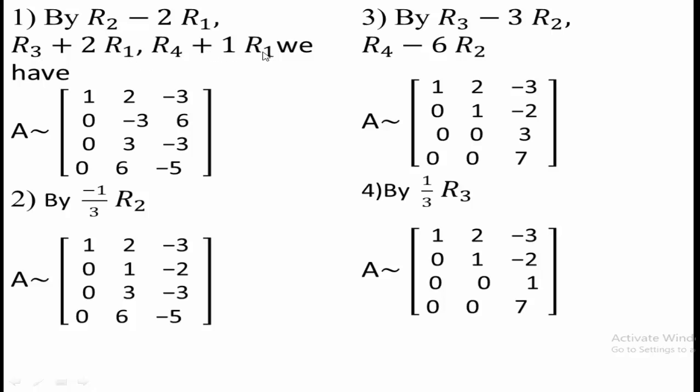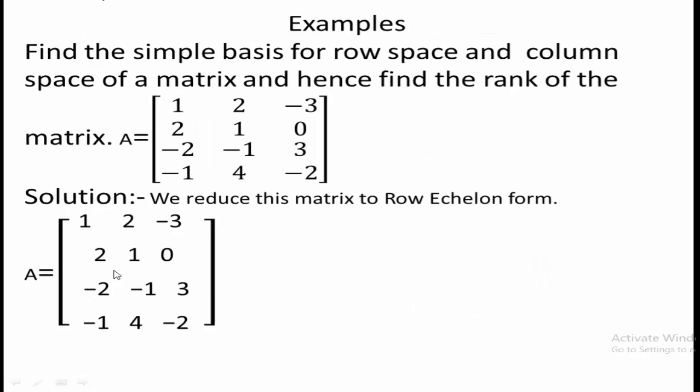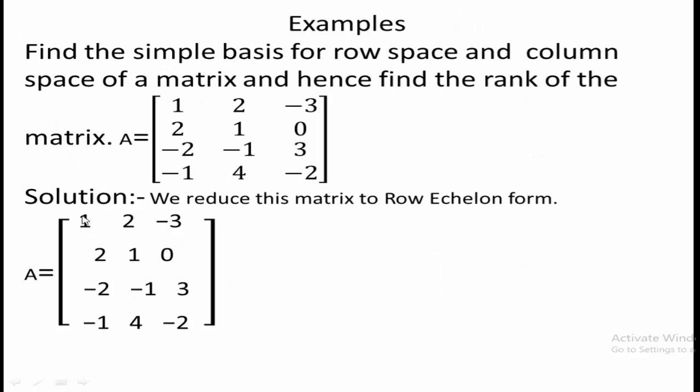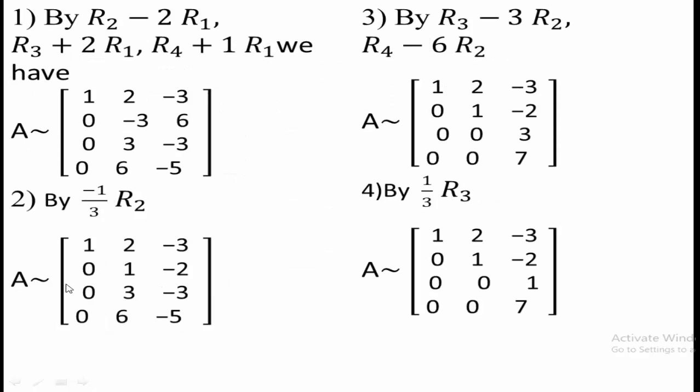Why have we done the operation R2 minus 2 R1? Because we have to bring 0 here. For that, multiplying the first row by minus 2 and adding to the second row, we will get 0 here. Similarly, multiplying the first row by 2 and adding to the third row, we will get 0 here. And lastly, multiplying by 1 and adding to the fourth row. So performing these three operations combined,